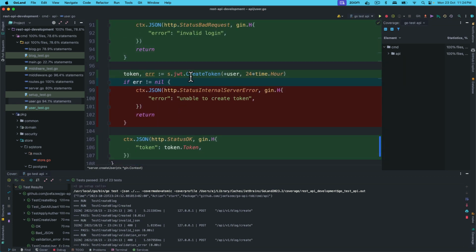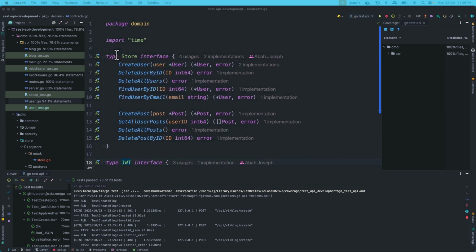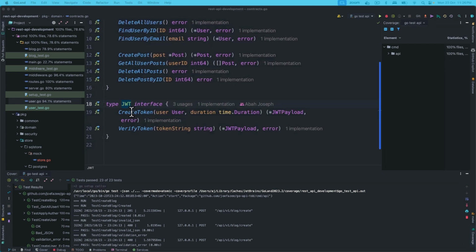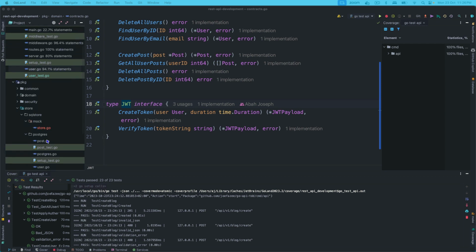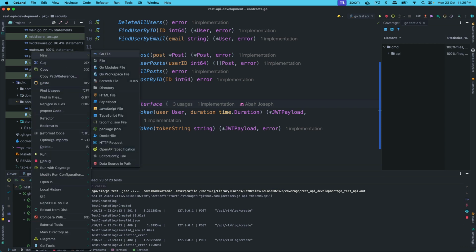Now, this is another one. JWT, this is a different store entirely. So let's work on this as well. Just like we did for the user store, we are going to do something similar for the JWT interface. So let's go ahead and do that. The JWT is stored in a security package, and it doesn't really matter. I'm going to create a file here called